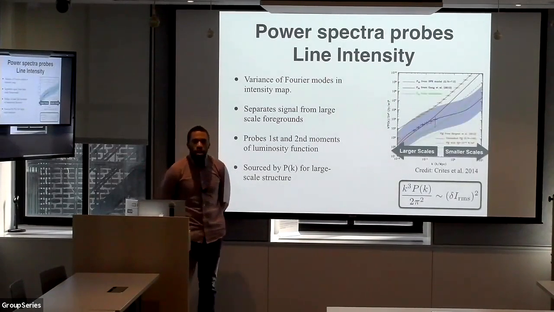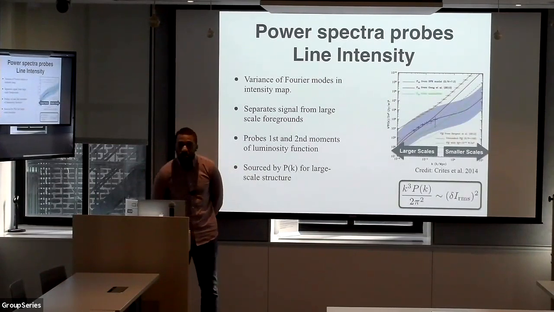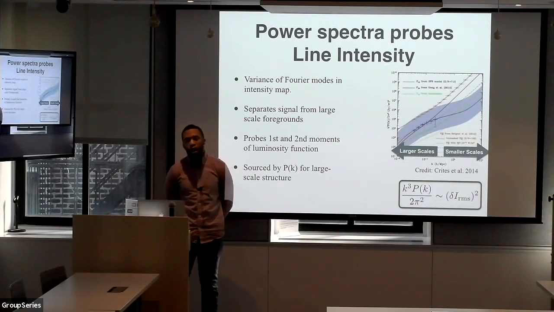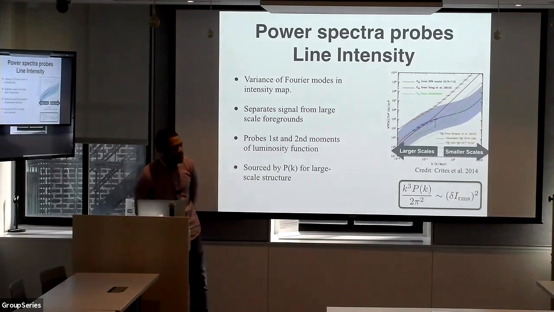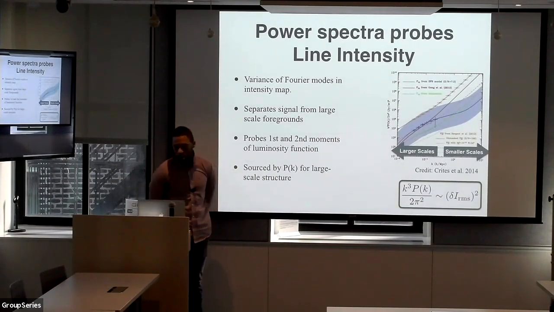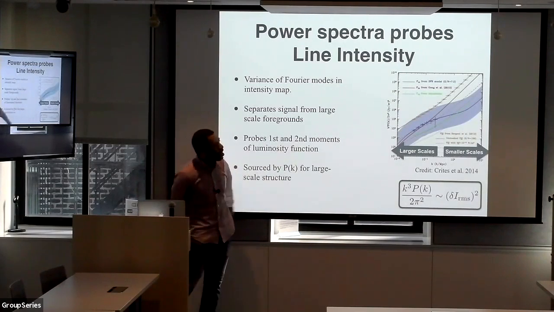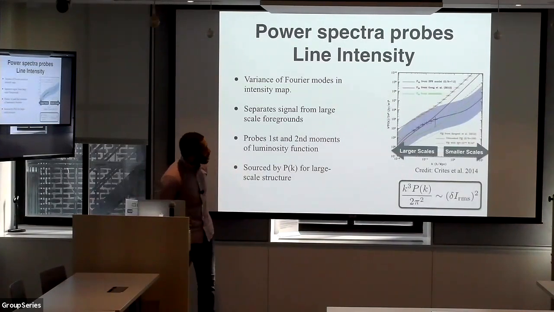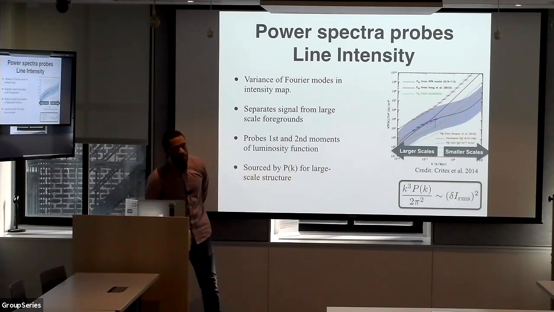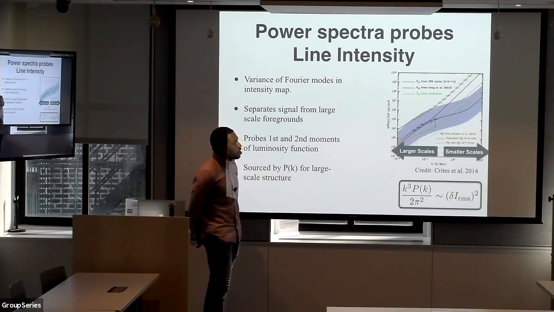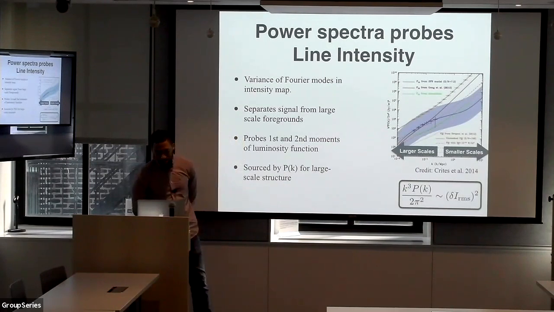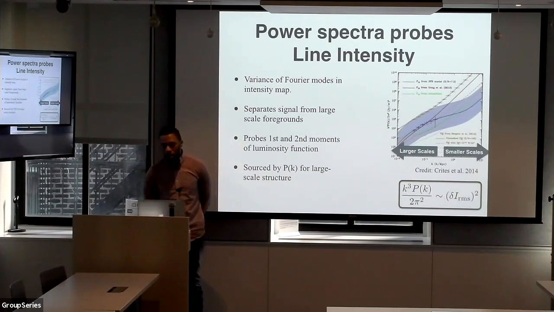You can also do statistics with this, just like you can do with a galaxy survey. So you can also measure power spectra. You take your intensity map in three dimensions, you take the fast Fourier transform, and you can measure auto power spectra, sort of like this forecasted picture here that will be measured by the TIME C2 mapper during reionization. And so the idea is that you can see various regimes. If you measure power spectra at both large scales and small scales, you can also pick up the shot noise, which is another